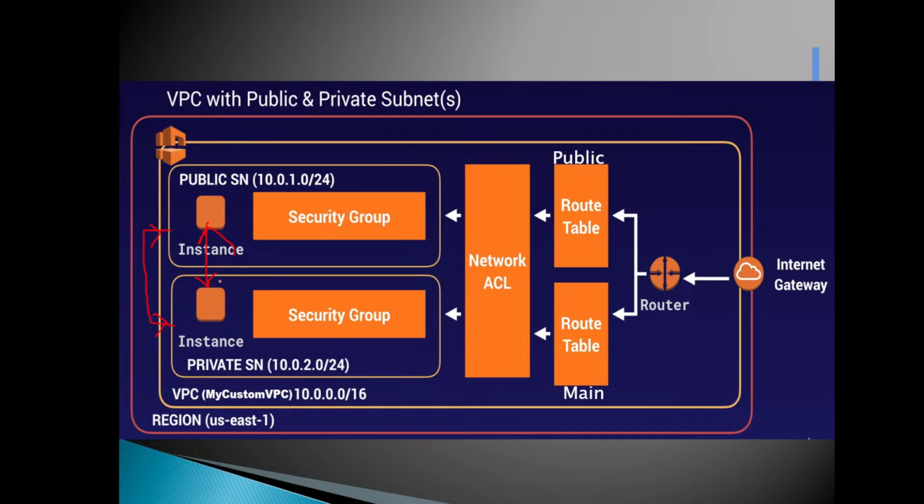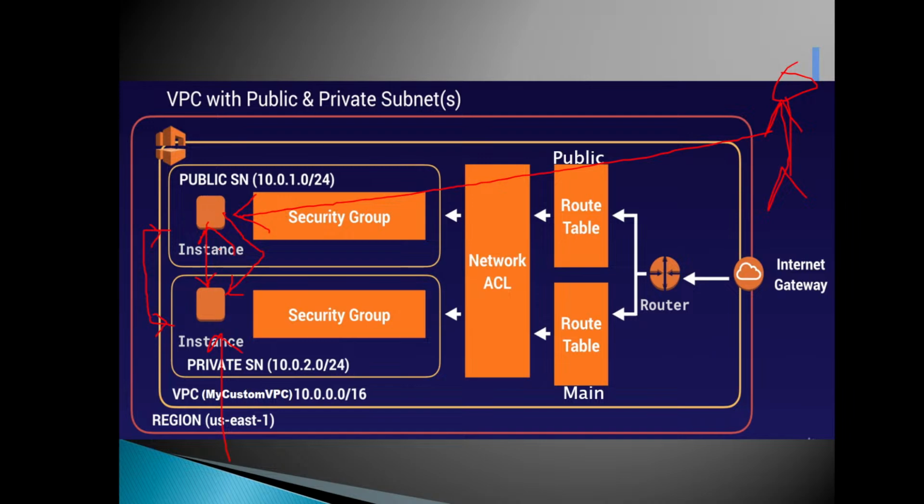This EC2 machine can communicate to this EC2 machine. How can we do that? I will tell you. So now what we have to do to connect to this machine? First of all, we have to connect to the machine which is in the public subnet. From here, this machine will be able to communicate to this machine through the route tables. So we will log in through this machine into this machine. We will log in to the private machine through the public